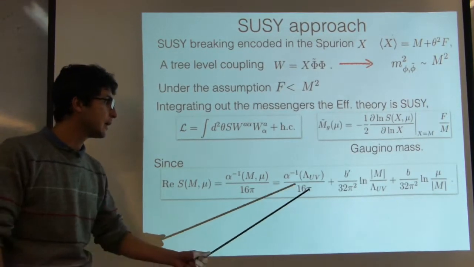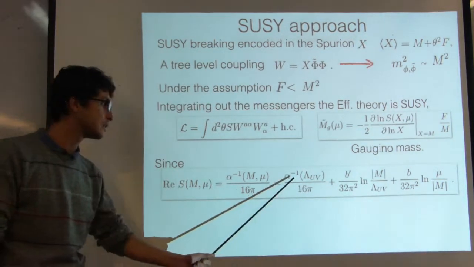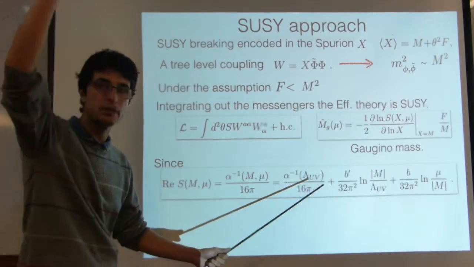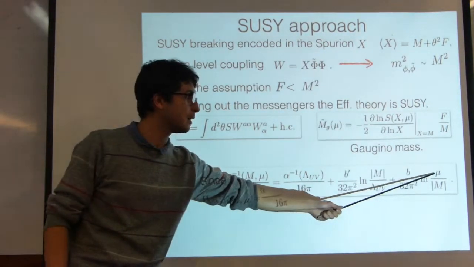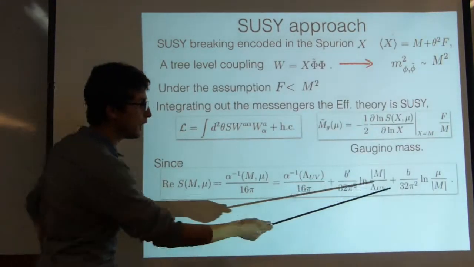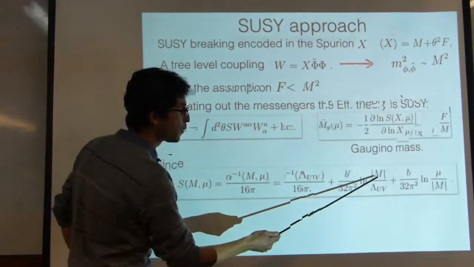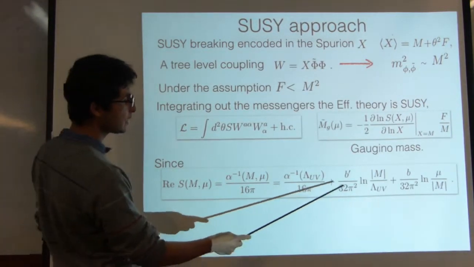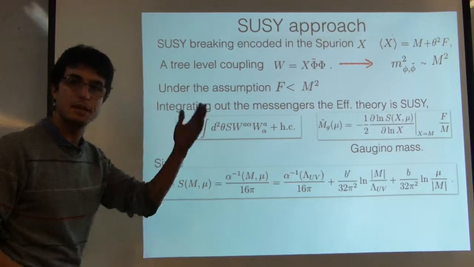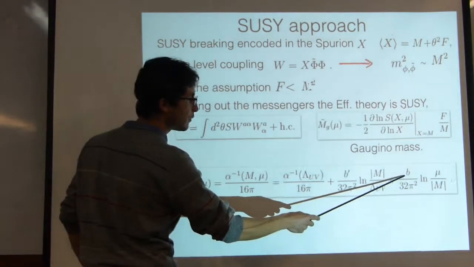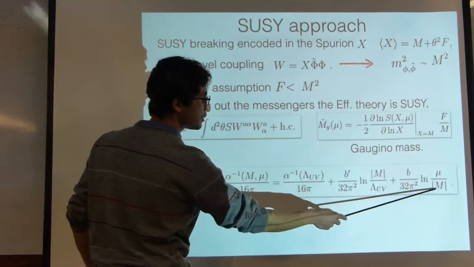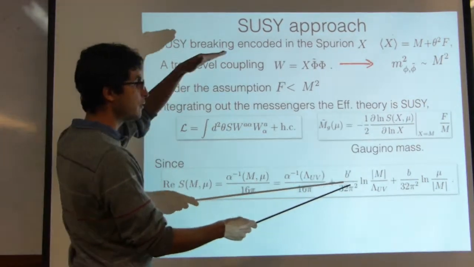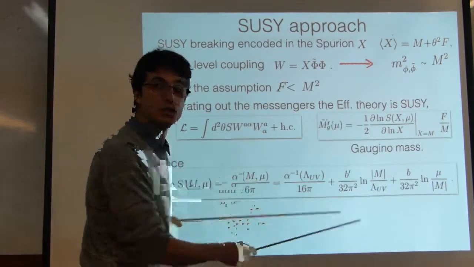Actually, we compute the one loop running of this coupling. Okay, here I have some ultraviolet cutoff, and I have a matching part, and you see in here is the part where we integrate out the messengers. So in here is going to be the running of the fields before the messengers are integrated out, and in here is the running between the messenger scale and the matching scale. So these are two beta functions, above where we have messengers, below where you don't have messengers.